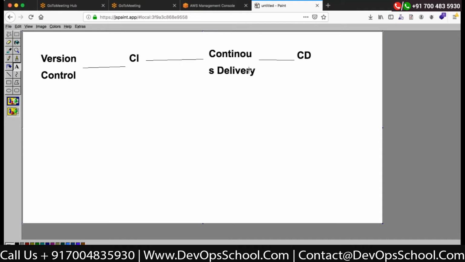Once all the things look good, that goes to CD. So just one check-in to version control starts the whole pipeline. This is called CodePipeline. Once your code has been checked into version control, this will start the complete pipeline where CI is going to